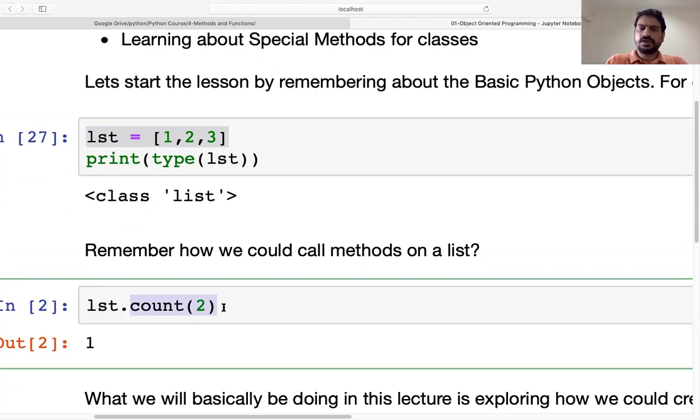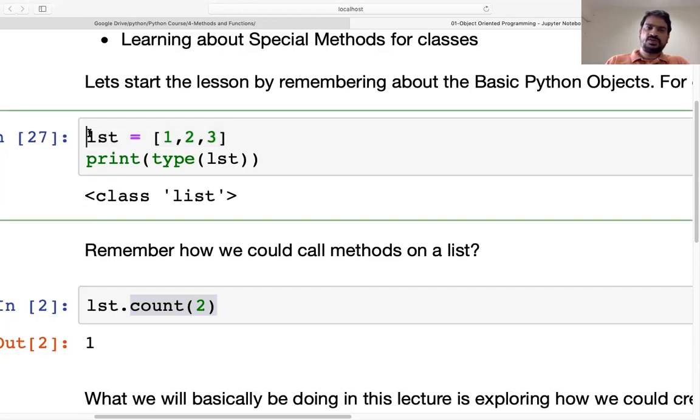This is how we call a method using the object. This is the method that comes from the class, which is an inbuilt class. This is already there in Python. We don't have to create it, or you can say we don't have to create any class here.